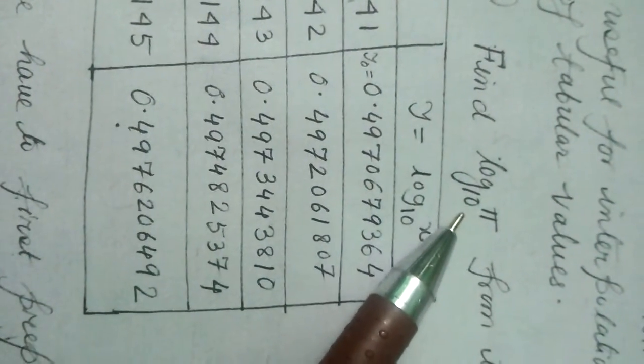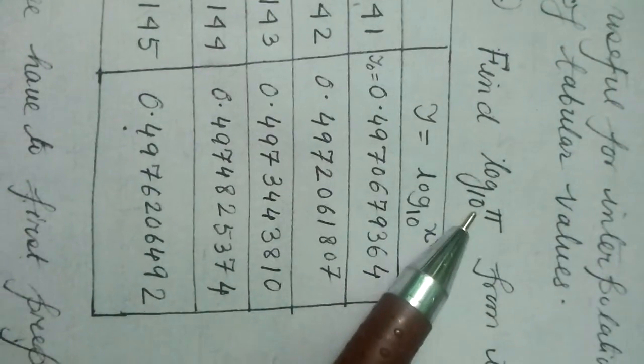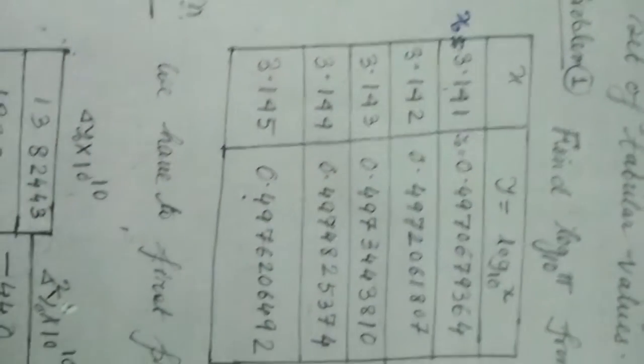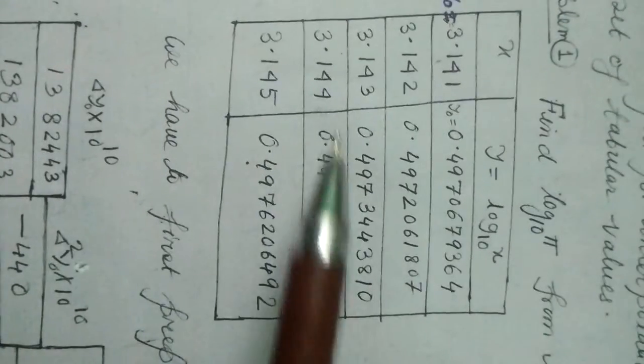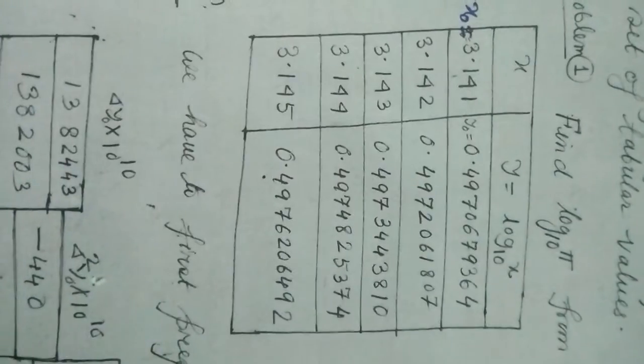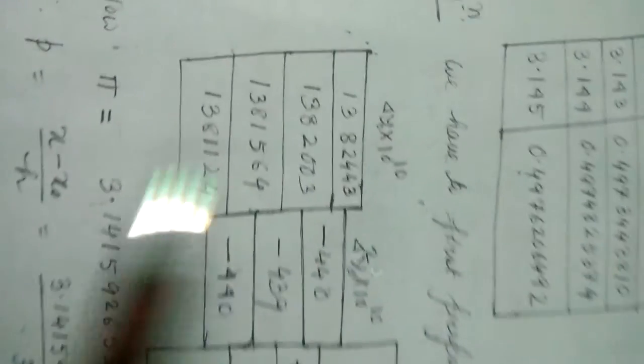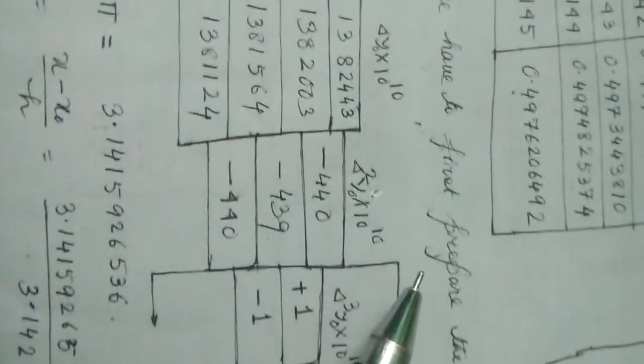Problem 1. Find log pi to the base 10 from the given data. This is the data given. Now solution. We have to first prepare the difference table. Now the difference table we have